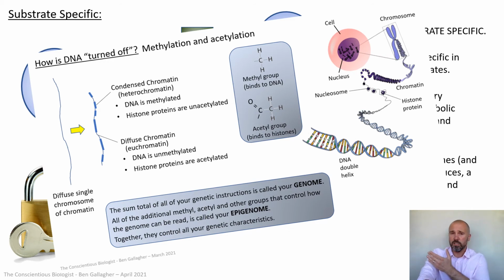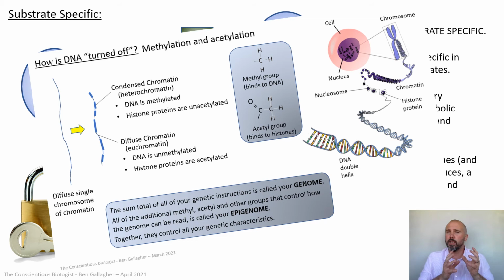But hopefully this looks familiar. And we talked in this video about how the DNA strands and the histone proteins that they're wrapped around can be methylated or acetylated or demethylated and deacetylated to flip the chromatin form between heterochromatin and euchromatin. If it's euchromatin, that means it's nice and open and can be read. So if a cell has enzymes it wants to be read, it would make sure the genes are kept as euchromatin, nice and open. Any genes for enzymes it doesn't need, it would bundle up into heterochromatin so they can't